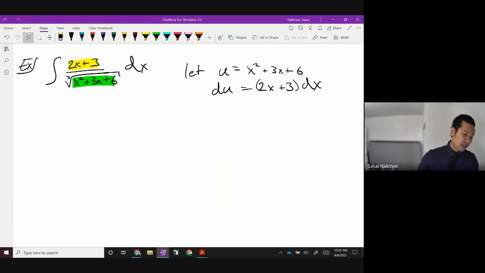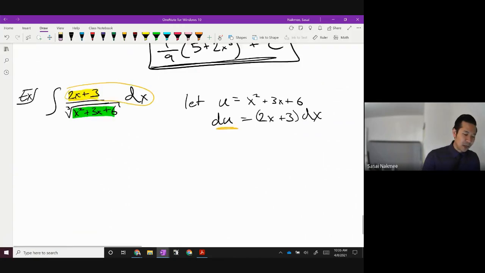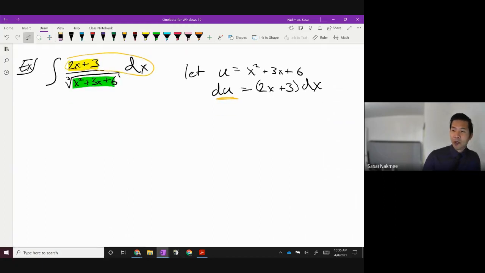Now, this is the other technique. Like I said, I usually just like to look for it, and I can kind of see it right here. The 2x plus 3 times dx is right there, and I usually just like to substitute out and say, hey, that's equal to du. But some people, like I said, aren't comfortable with that. So some people will like this technique instead, which is, in step 3,